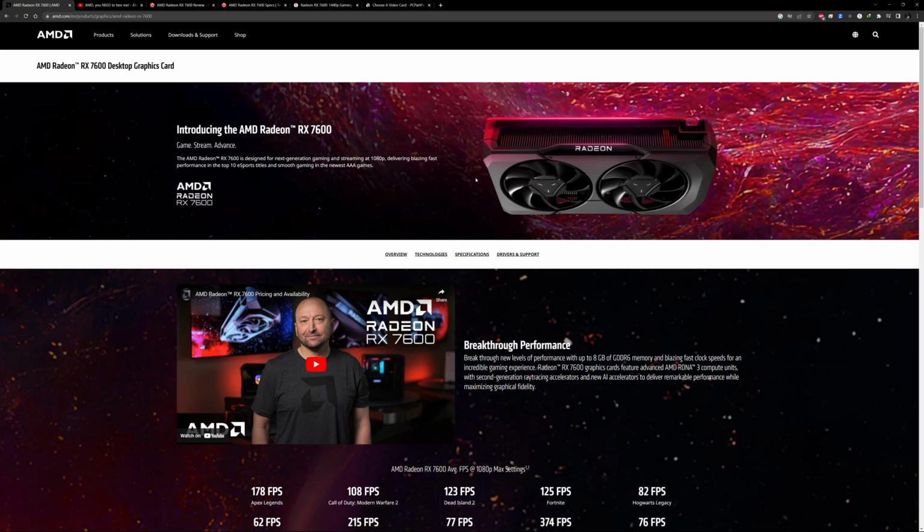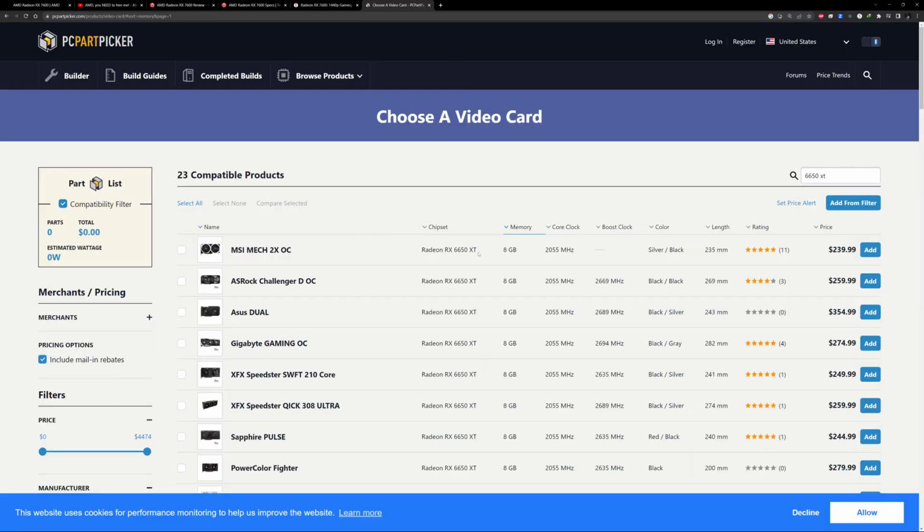For the price, you can get a similar spec GPU that performs exactly the same at 1080p and exactly the same at 1440p for like $30 to $40 less. It's cheaper, so you can go for the 6650 XT. It's better, but here